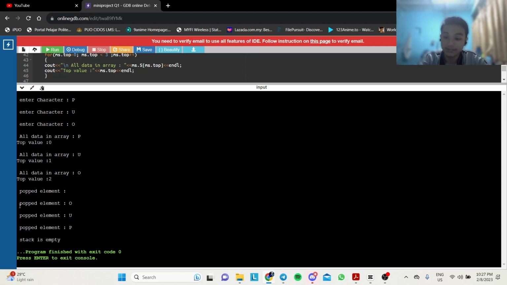Next, you can see the pop element starts with O, which is right, because in a stack the last element should be popped first. So O goes out, then U, then P, and in the end it shows the output stack is empty. Therefore, we have fulfilled the conditions of the question, and now my friend TASHVINDRAN will continue with the